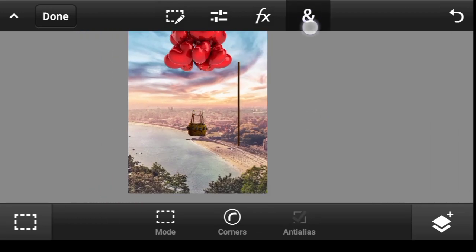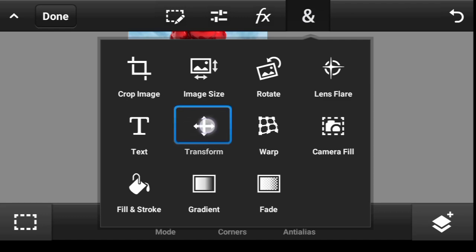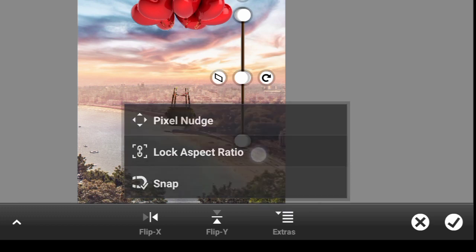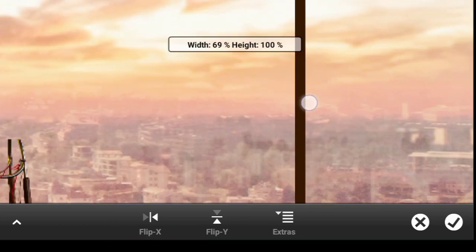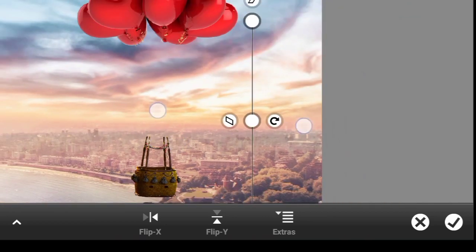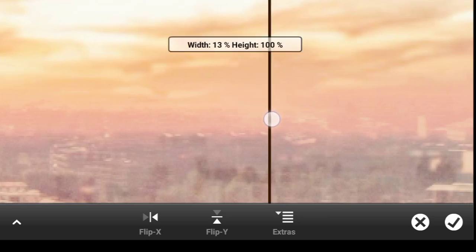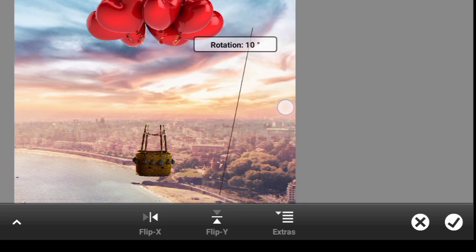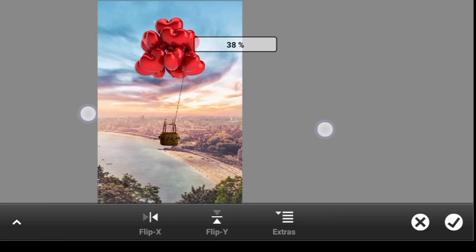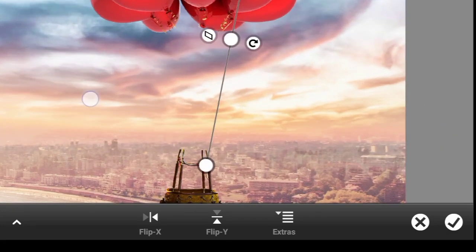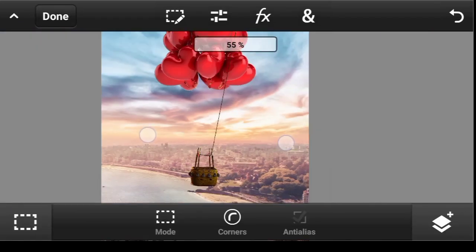So now we'll come to transform. So we'll click right here and transform. So click on extra, lock aspect ratio. So now we can make it a bit thinner, like so. I guess it's too thin. So we can rotate it like this. Put it right here. Is it too thin? Okay, let's assume it's okay. Done. You can duplicate it,